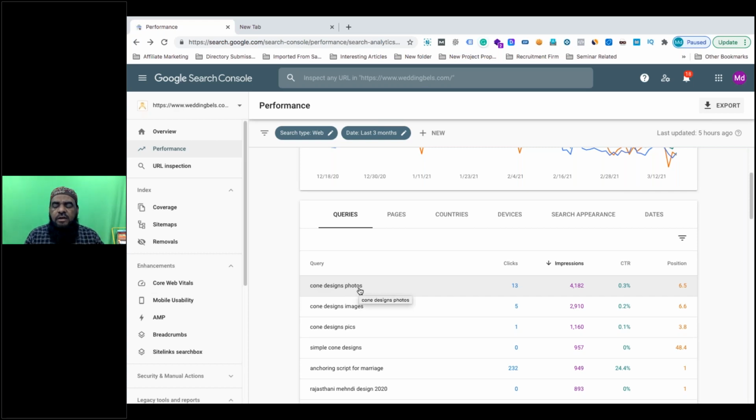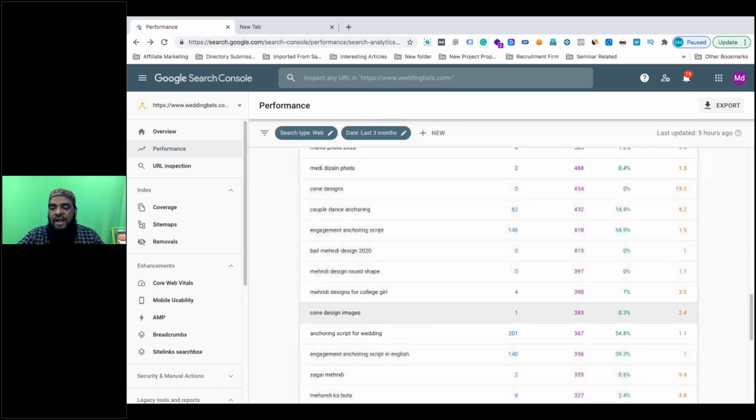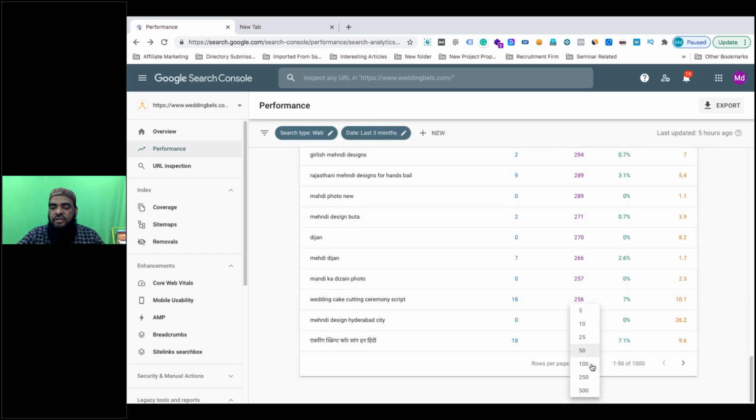It's a Mehndi design concept. Same way, cone designs images, we have got a huge volume, but we are not in the top position. Simple cone designs, again 900, but we are only at 48.4, which means these are the keywords where we have